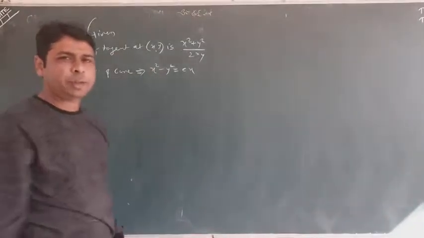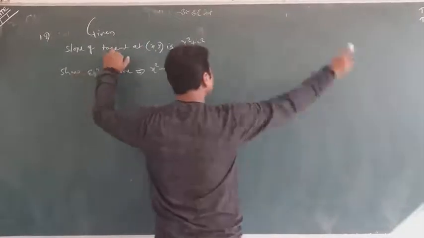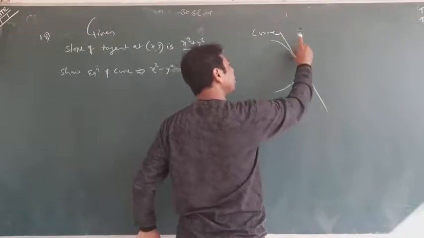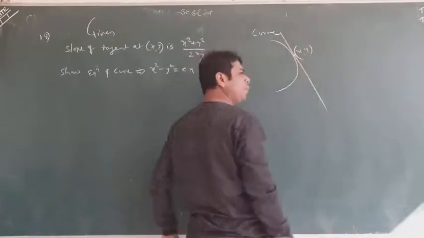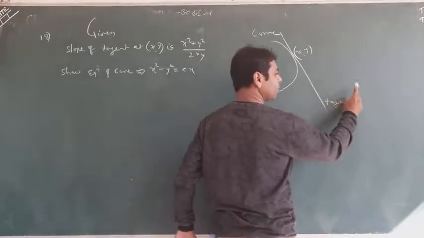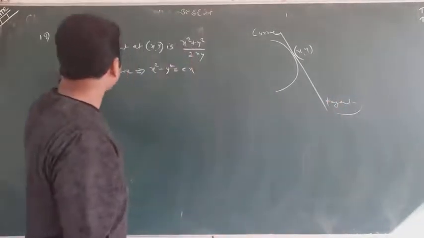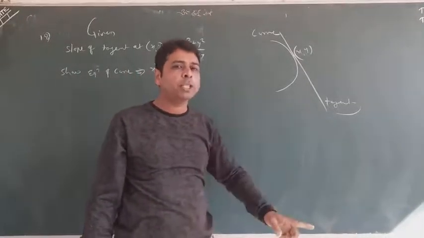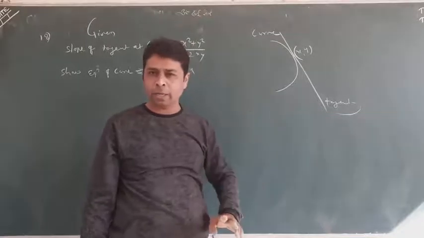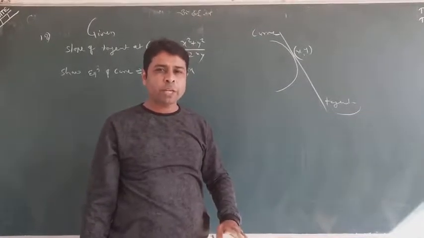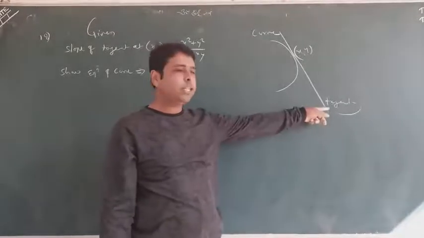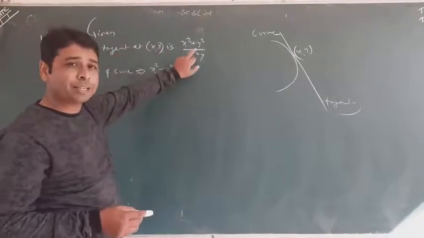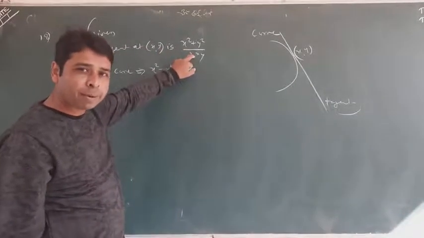The language is a bit changed, but I tell you one thing. This is a slope of tangent. Suppose this is the curve, and this is the point xy, the point of contact, and this is the tangent. And the question says slope of tangent at xy. You remember, in application of derivatives, chapter number 6, exercise 6.3, we saw that the slope of any tangent at any point xy is dy by dx. So this is none other than dy by dx. The slope of tangent at xy is called dy by dx, and it is given.